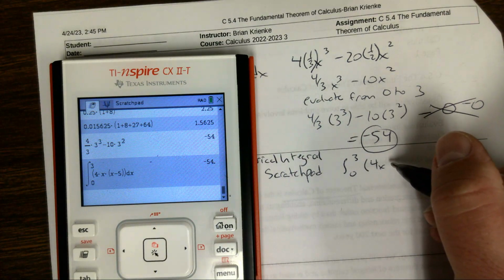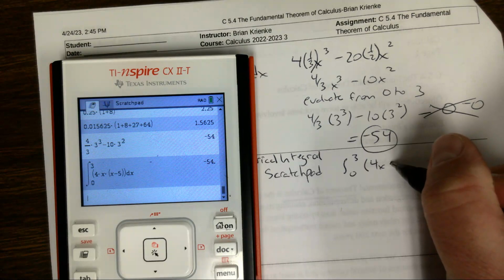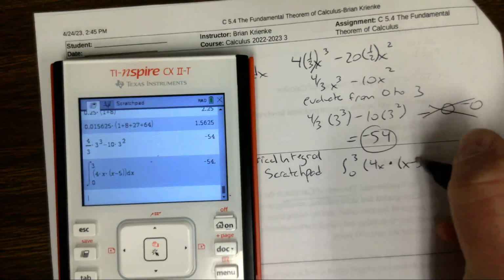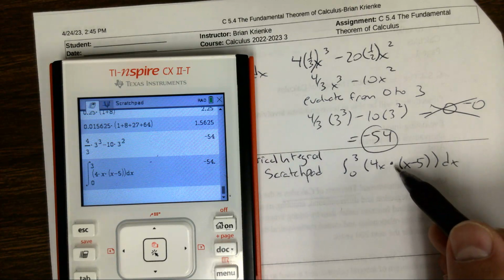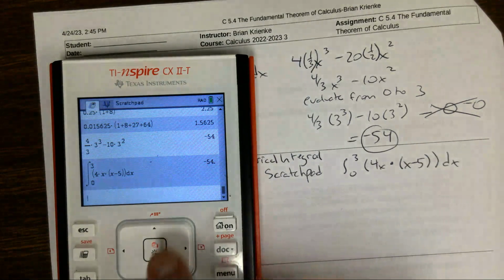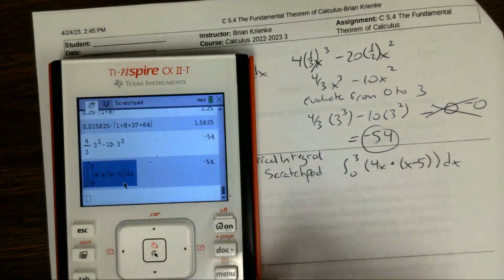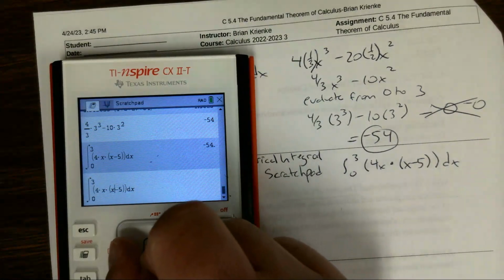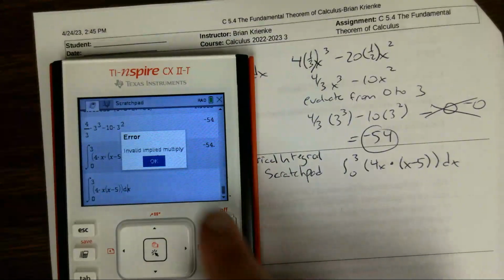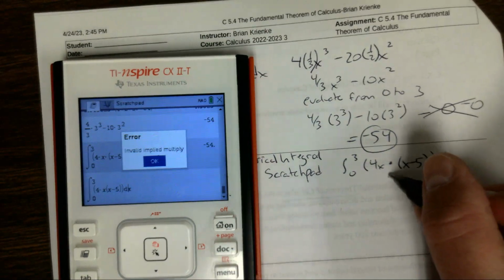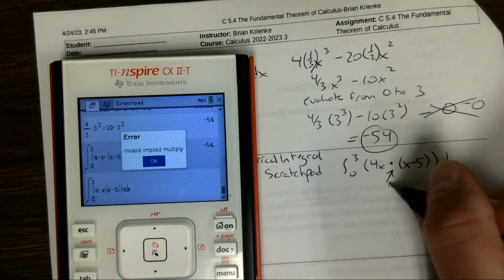Now on this one, you need the little times sign, x minus 5 dx. If you don't have that times sign, you're going to get an error message. Just like on something else in graphing. So if we didn't have this times sign, it says, you need it,